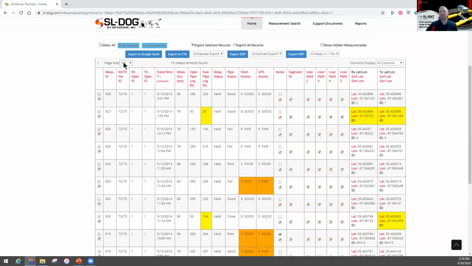In this case, my page size is 100. I've only got 15 measurements on this device in this portal. So I'm going to click Select All, and then you click one of these blue buttons to select the type of file format you would like to export. I'm going to export in Google Earth, which is a free downloadable program